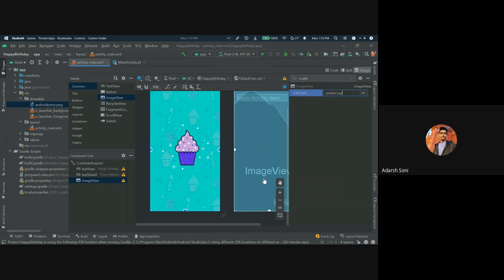When you add views to a layout, they are added at the end of a list of views, and they get drawn in the order they are in the list, the list in the component tree. The image view was added to the end of the list of views in the constraint layout, which means it's drawn last and draws over the text views. To fix that, you will change the order of the views and move the image view to the beginning of the list, so it's drawn first. So we will just drag the image view and move it to the top of the list, and we can see our text in front of the image now.